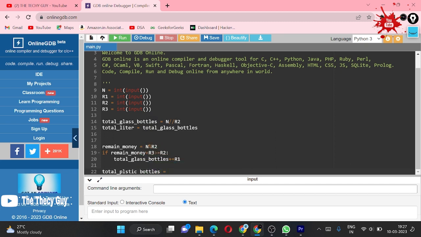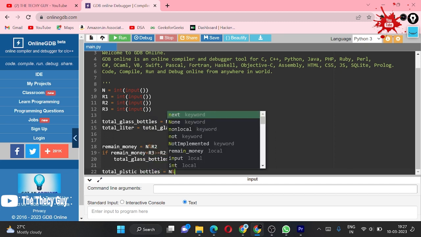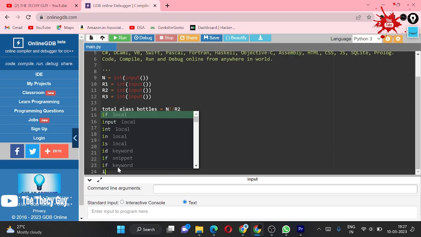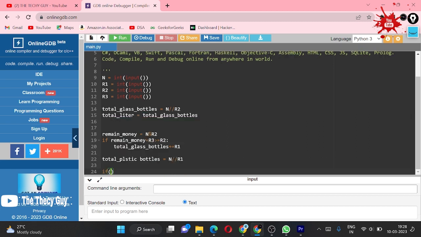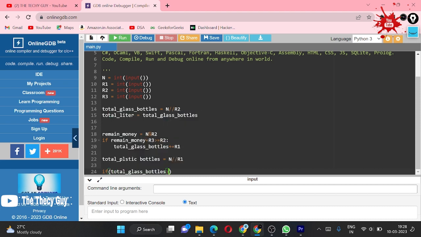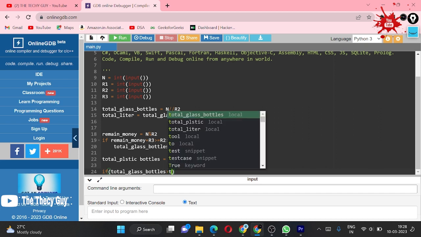In any case, if it is greater than r1, mod, sorry, not mod, divided by r1. If this condition holds, now we can check if our total plastic bottles is greater than